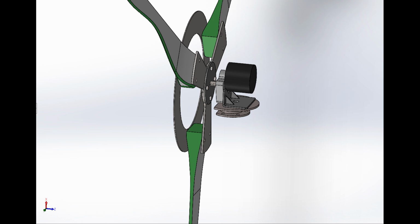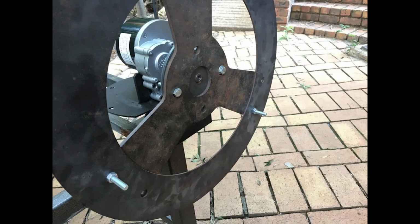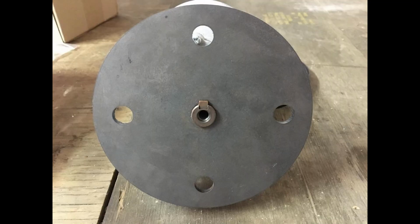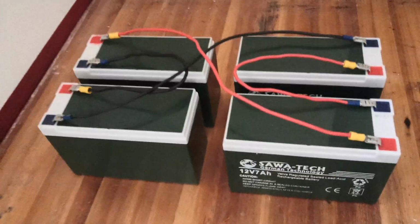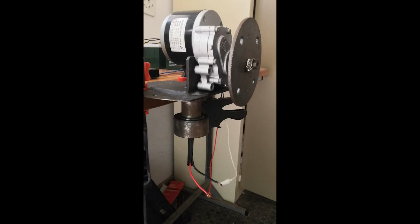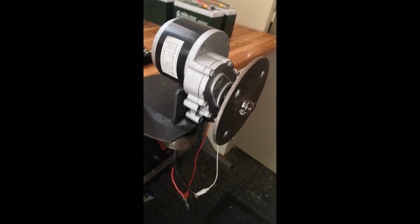The electrical power generating component is a 250-watt brushless DC motor directly coupled to the turbine's rotor hub. This motor is integrated by designing mechanical parts to secure it to the tower and the rotor. An important aspect of the system is the power storage device. All generated energy is temporarily stored in a battery bank. This allows even the small amounts of energy generated at low wind speeds to accumulate until there is enough available